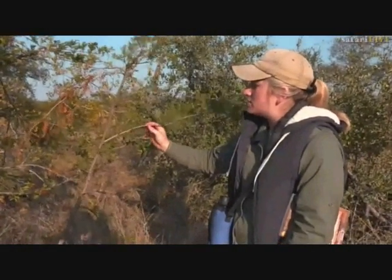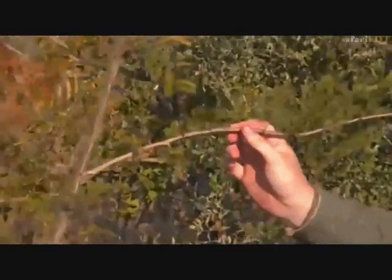Thorns don't necessarily cause punctures, but spines most certainly do. They're a lot more robust, so they're able to push through the hard rubber of the tires. Even though we've got the best 4x4 tires you can think of, nothing can stop the spine of a sickle bush. So they do clear them, and I know what they were trying to do in certain areas of Botswana,